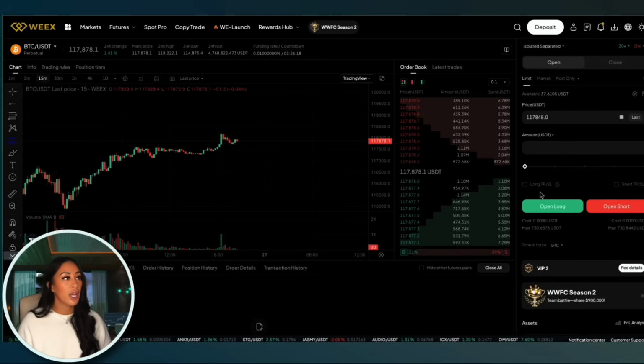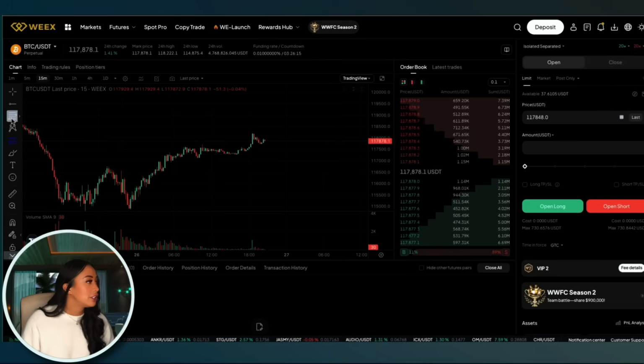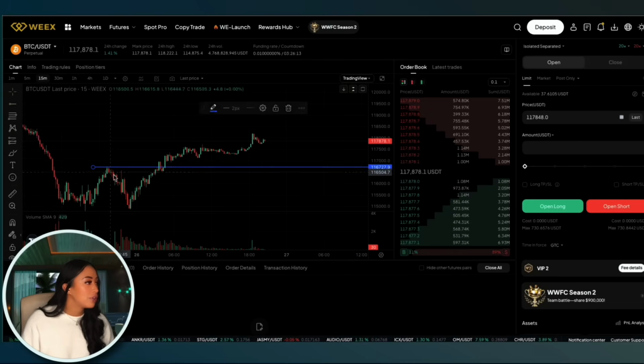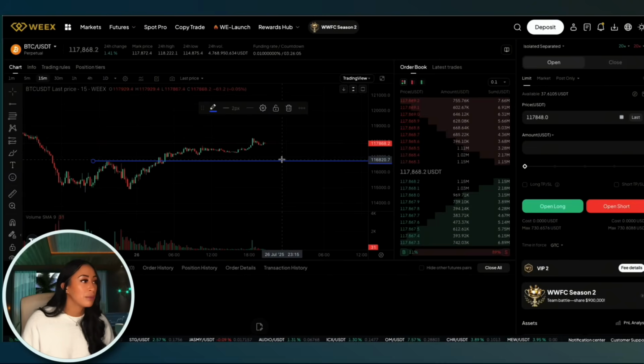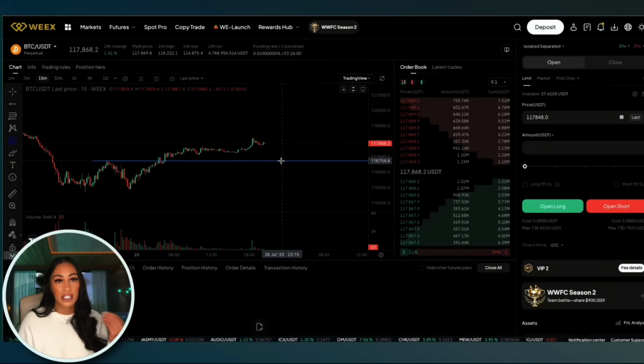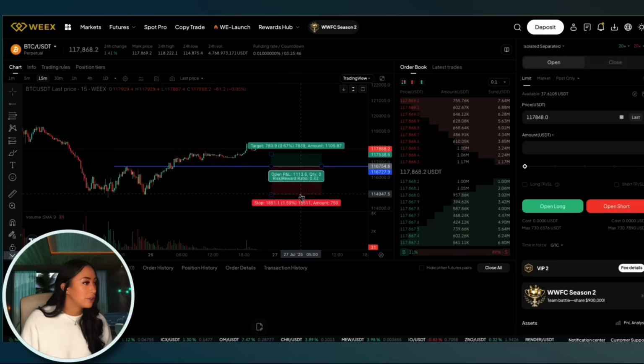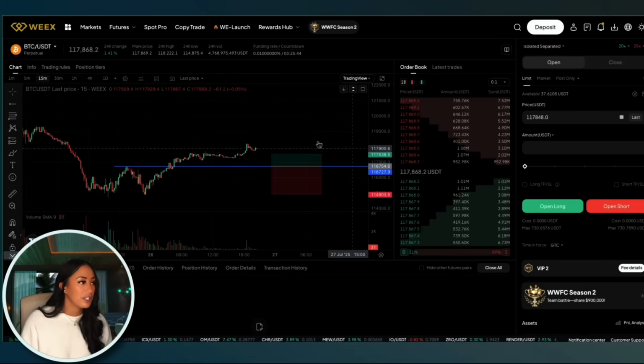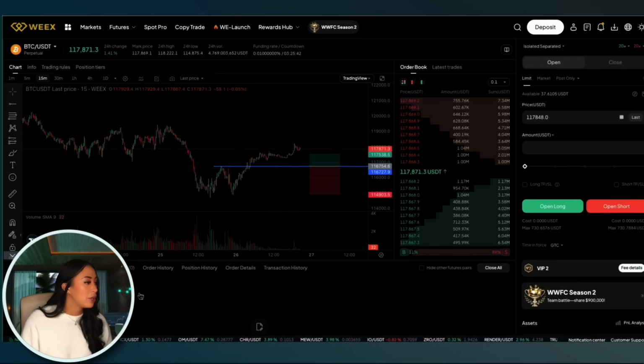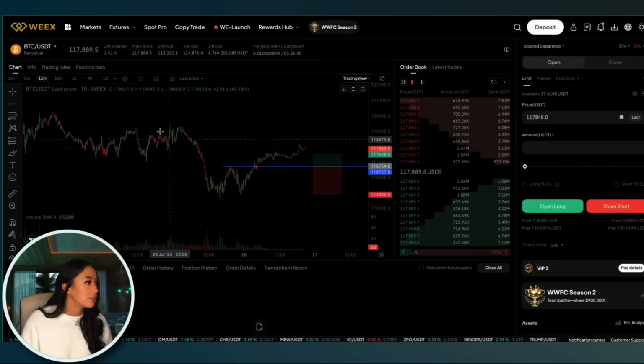So let's go through a limit order example. Let's just say I think price is going to retrace back to 116,727, and once it comes back to that level, I am willing to get involved. So I would grab my risk to reward tool, place my stop loss. Let's say I want to cover previous market structure, and maybe I want to take profit at the next resistance